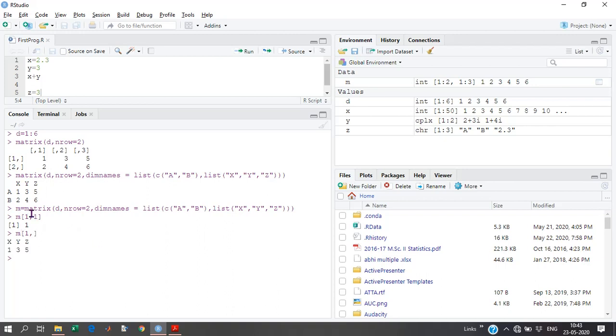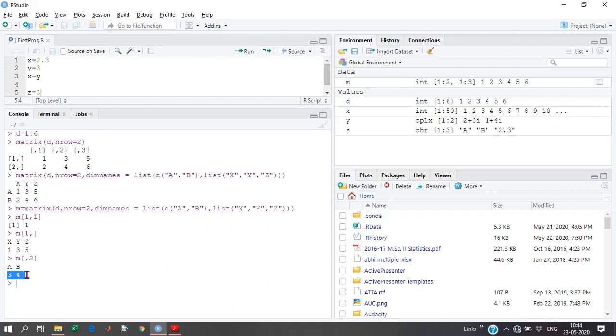It will generate, sorry, this is the first row and we haven't mentioned a column, so it will take all the columns here. Similarly, we can go for comma 2, it will print 3 and 4, so 3 and 4 likewise.